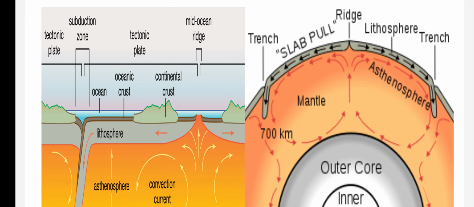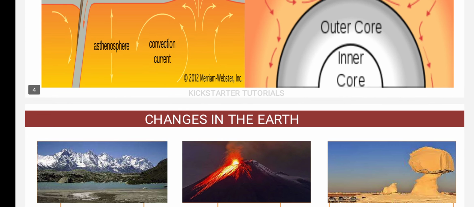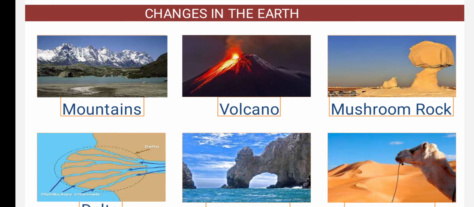In that way they form a convection current, which you can see in the first picture. These convection currents in the mantle make the lithospheric plates move. The earth movements are divided on the basis of the forces which cause them. These forces make the earth change, in such a way that we can see the changes in different landforms like mountains, plains, plateaus, volcanoes, etc. Okay, let's see